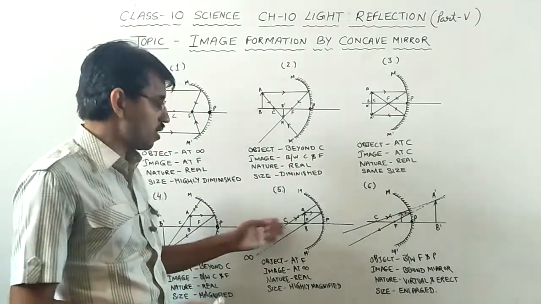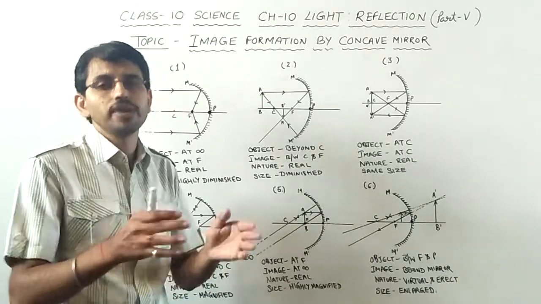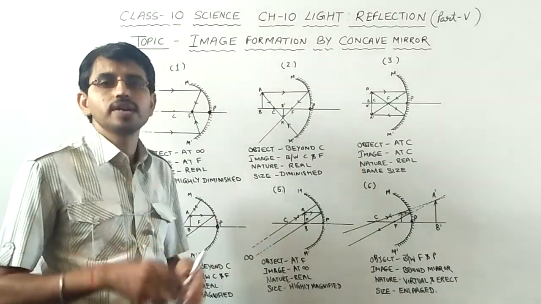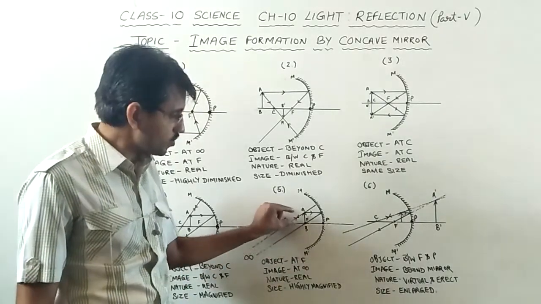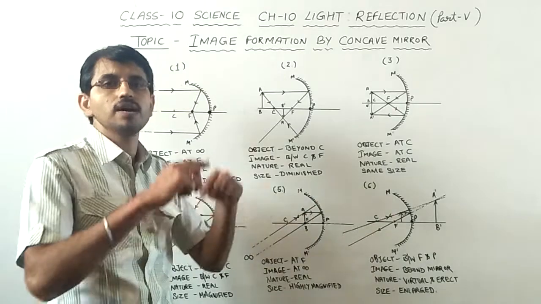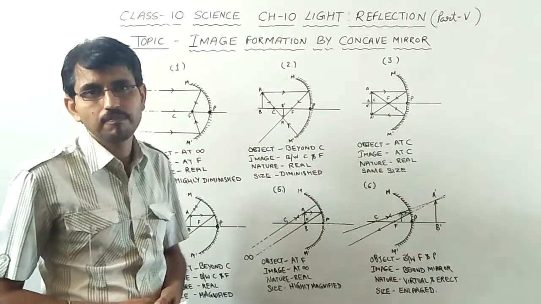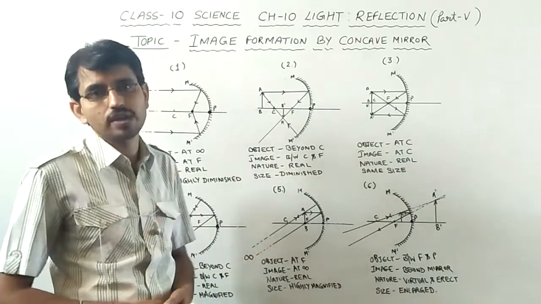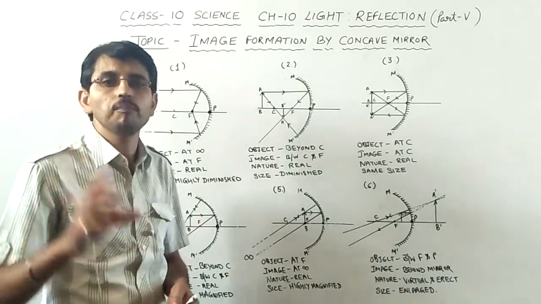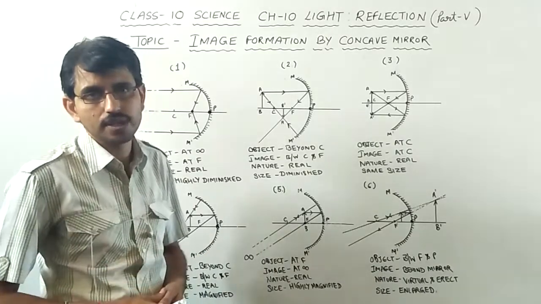Such reflection of light from a concave mirror you can see in the headlamps of vehicles. The bulb that is fitted in the headlamps of a vehicle is fitted at the focus. The light rays from the bulb reflect from the shiny part of the mirror and come out in the form of a parallel beam. That's why concave mirrors are used in the reflectors of headlamps of vehicles, so as to give out a powerful parallel beam of light that goes up to a farther distance.